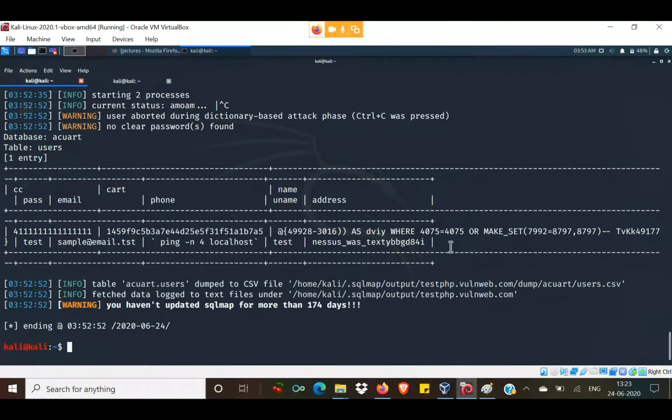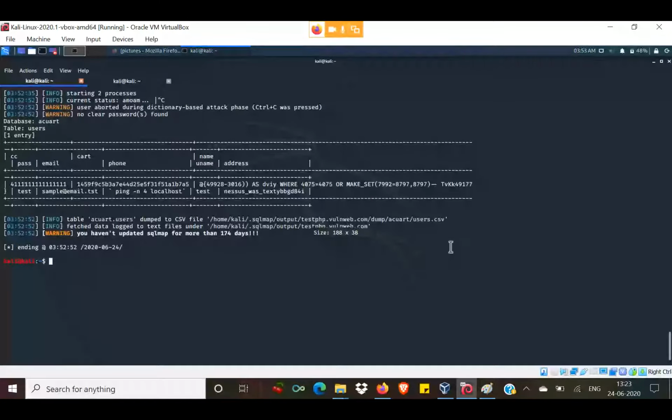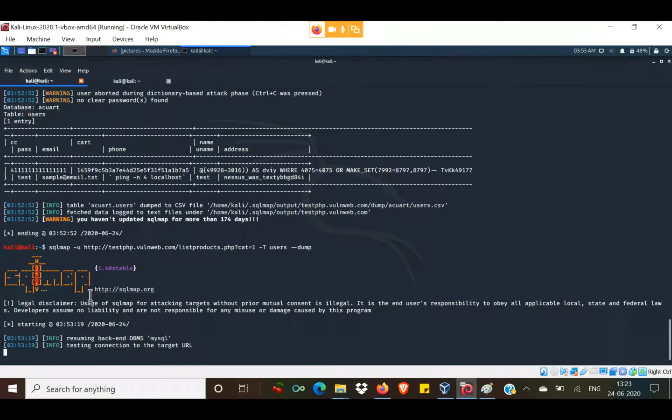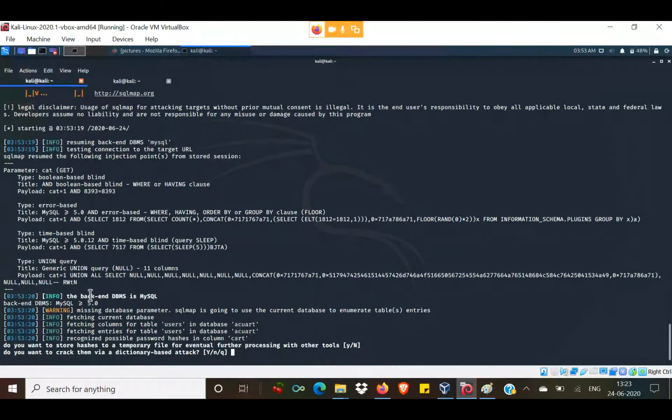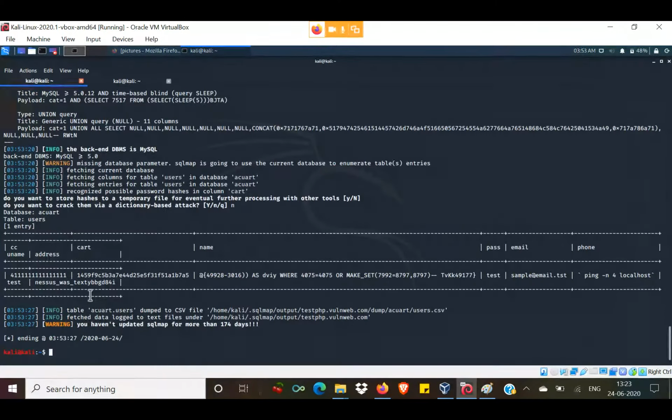Let me decrease the font size. So here you can see that the database has been dumped. It was a long table and my text size was big, so let me just do it again. So here you can see the data that has been dumped: the CC, card, name column, all the details. Similarly, I can do it for other tables as well, like for category,